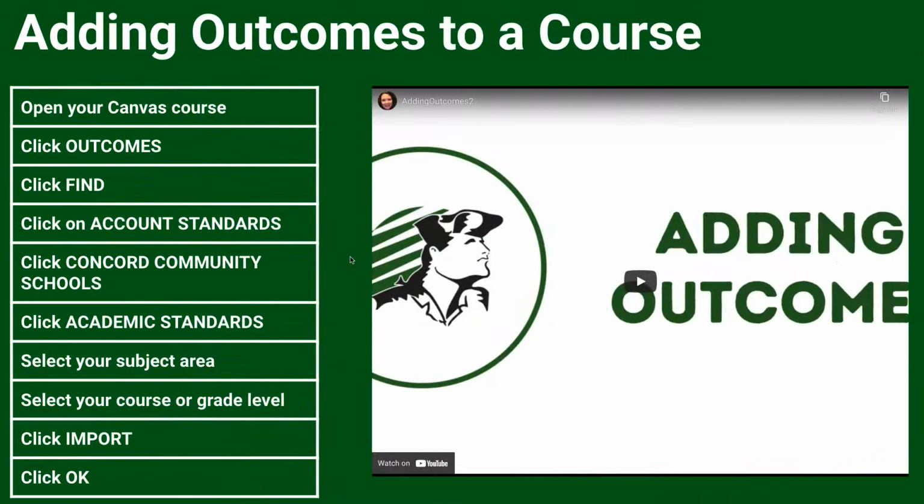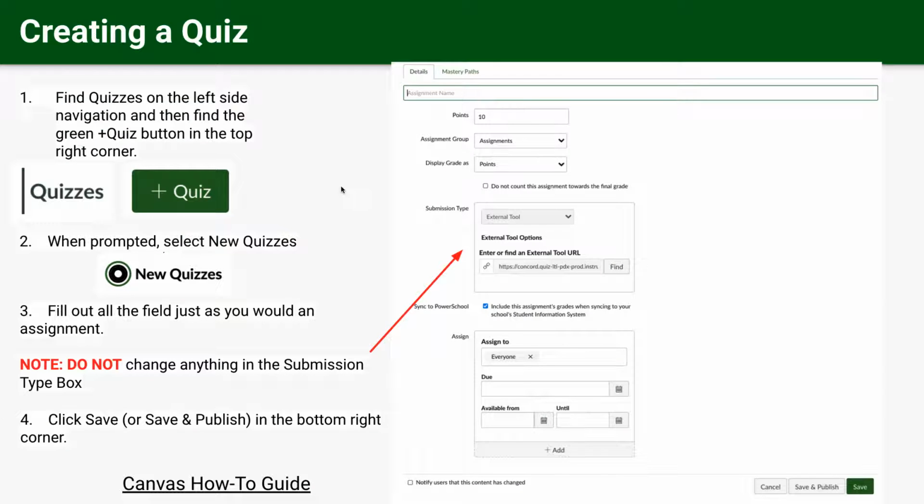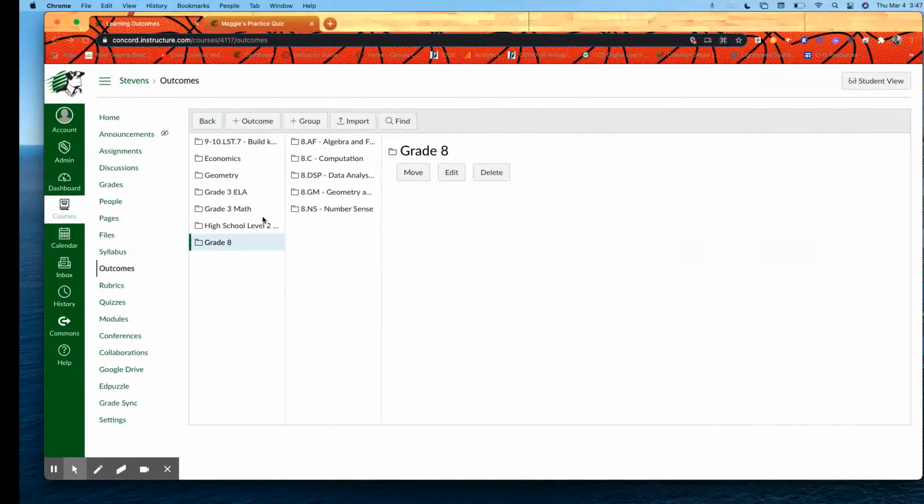So if I go back to my slide deck, this slide deck will be available for you. So this how-to video will walk you through how to add outcomes to other courses you need, or if you'd like to review it later on. So let's talk now about creating a quiz. Again, this slide deck you can use as a reference, but I'm going to walk you through it over here